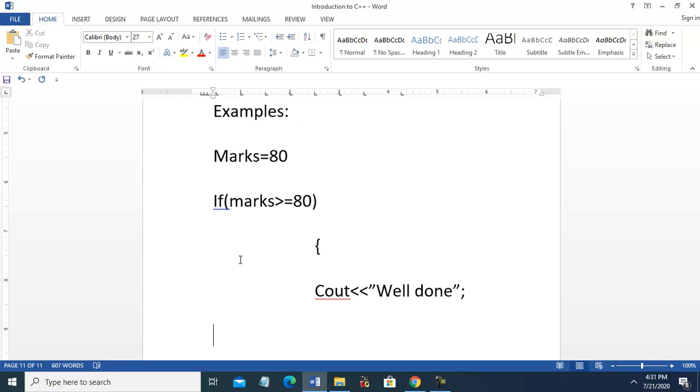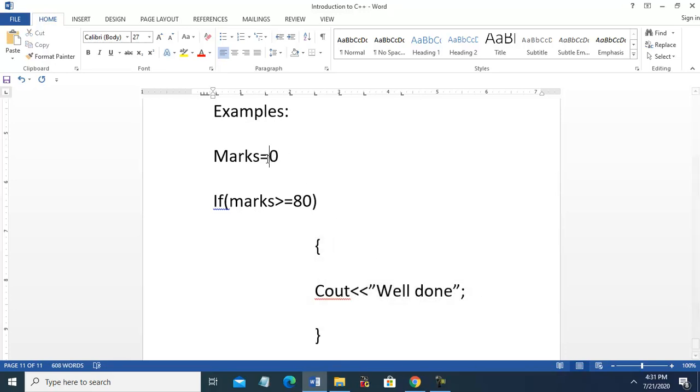We close the bracket. So this is one way. If it is true, if the marks are 80 and above, then this part will be executed and the well done message will be printed.